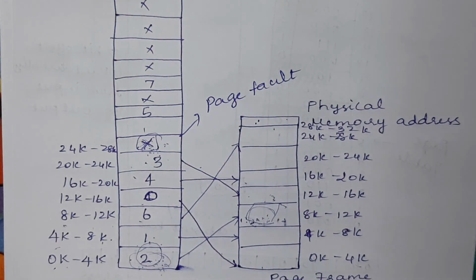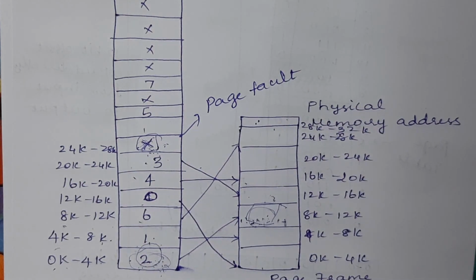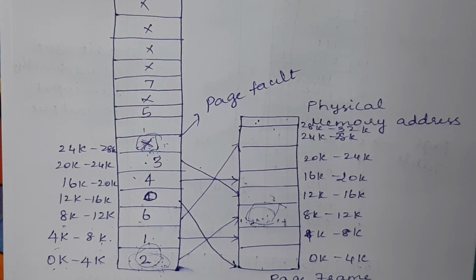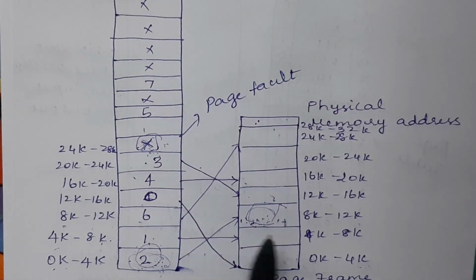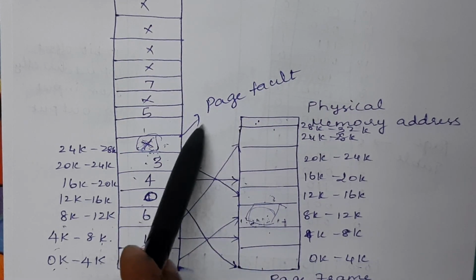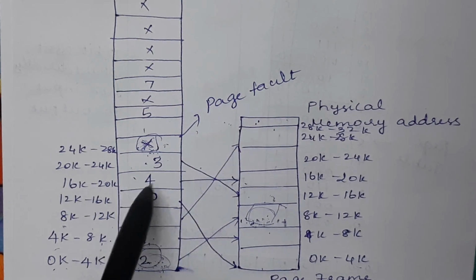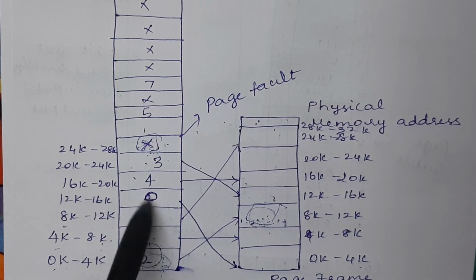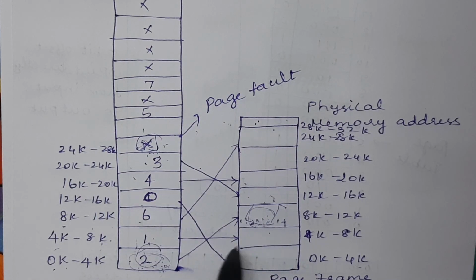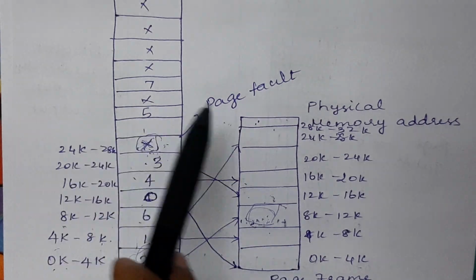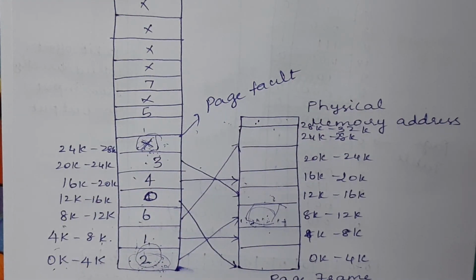So the page that we are searching for is not available in the main memory currently, and we have to get it from the disk or the secondary memory and keep it in the main memory. All this process has to be done. Before that, we get a page fault, because that particular page is not available in main memory. Suppose it is available, then you can get the corresponding frame number in this page table itself, and according to that, we can get the content of that page. So this is how the mapping process is done with the help of paging.